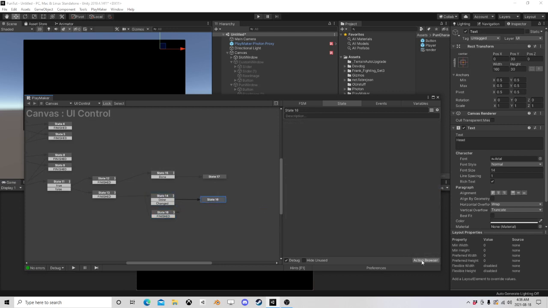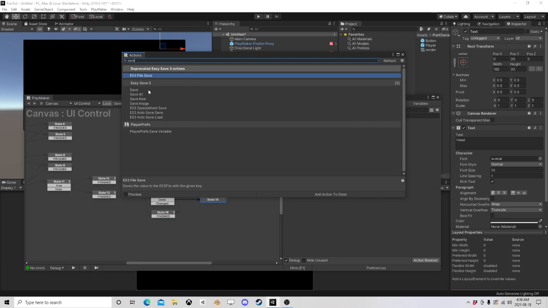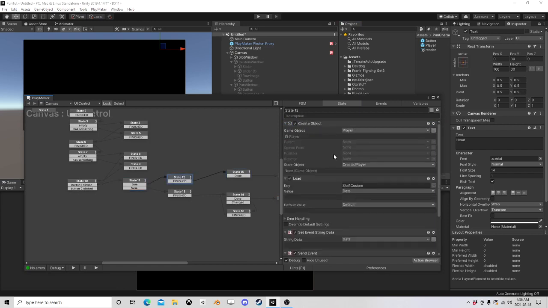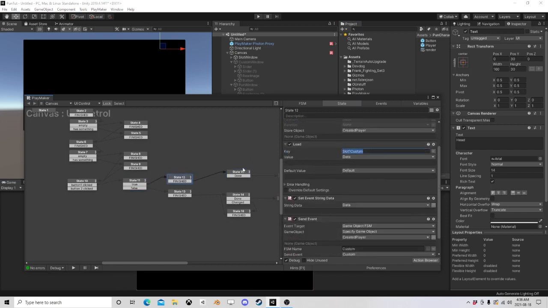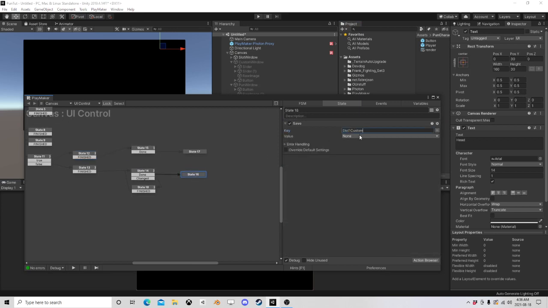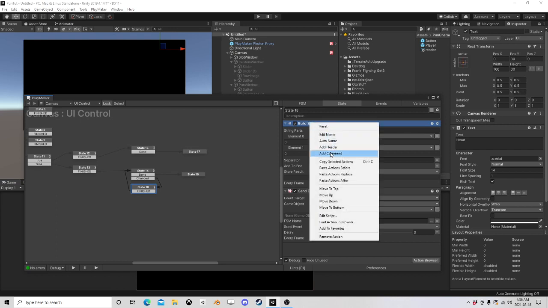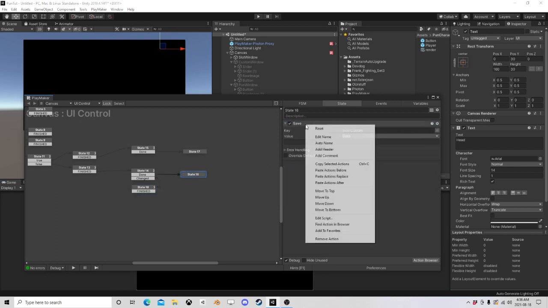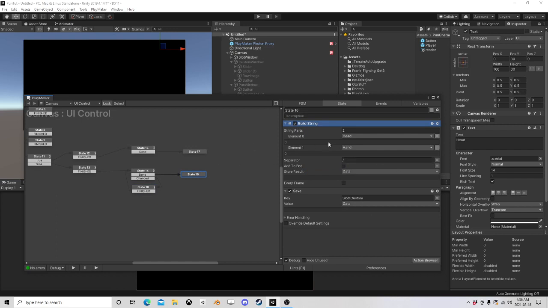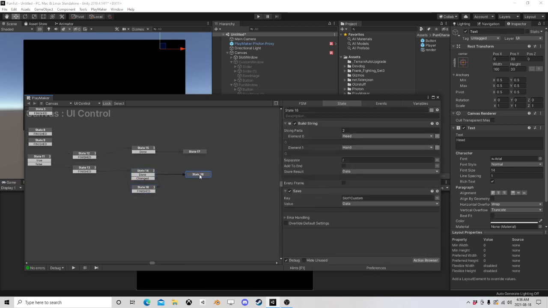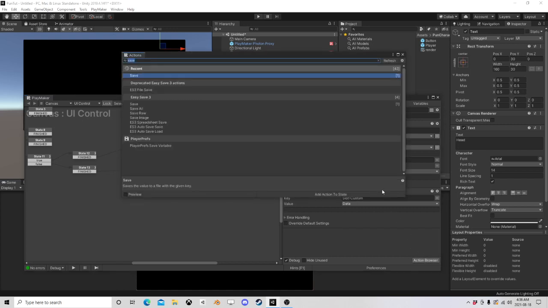So ultimately, if we hit here, what we want to do is we want to save. Right? So just like it is over here. So here we're loading slot 1 custom. Over here we want to save slot 1 custom. And we want to save data. Now first we have to build data, which is going to be this. And we don't even have to worry about getting those values because they'll be 0 by default, and if they change, they'll change from that. And now we can save data,